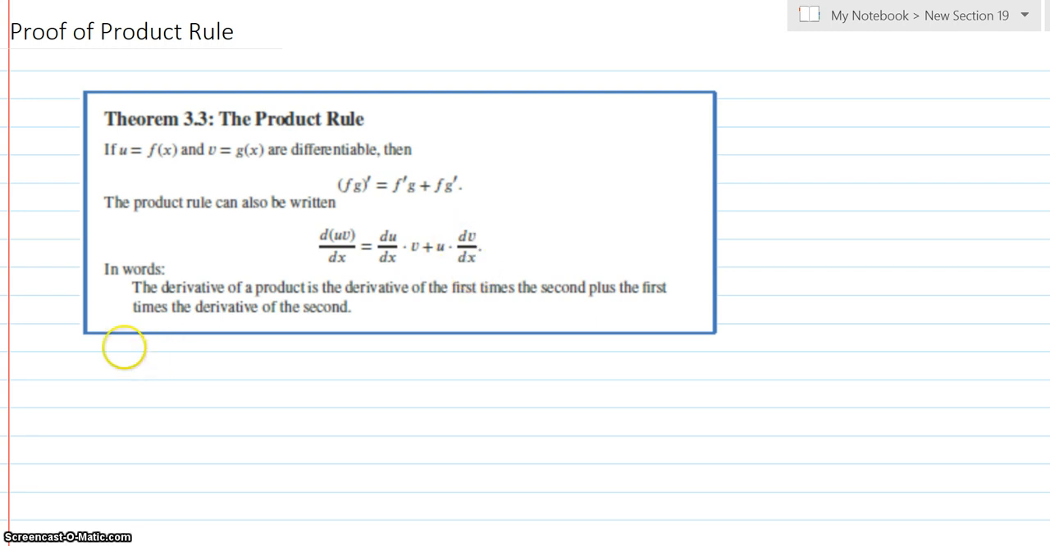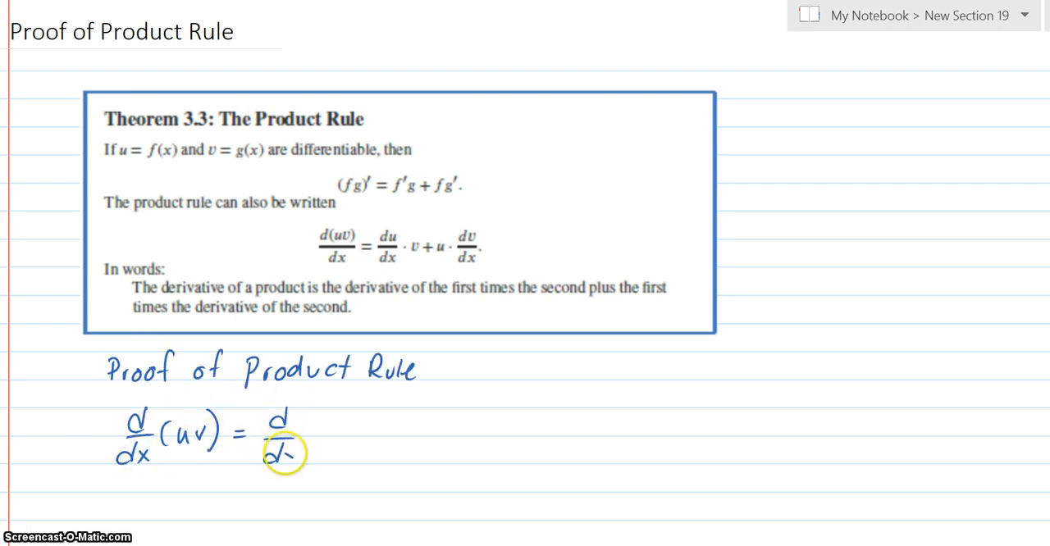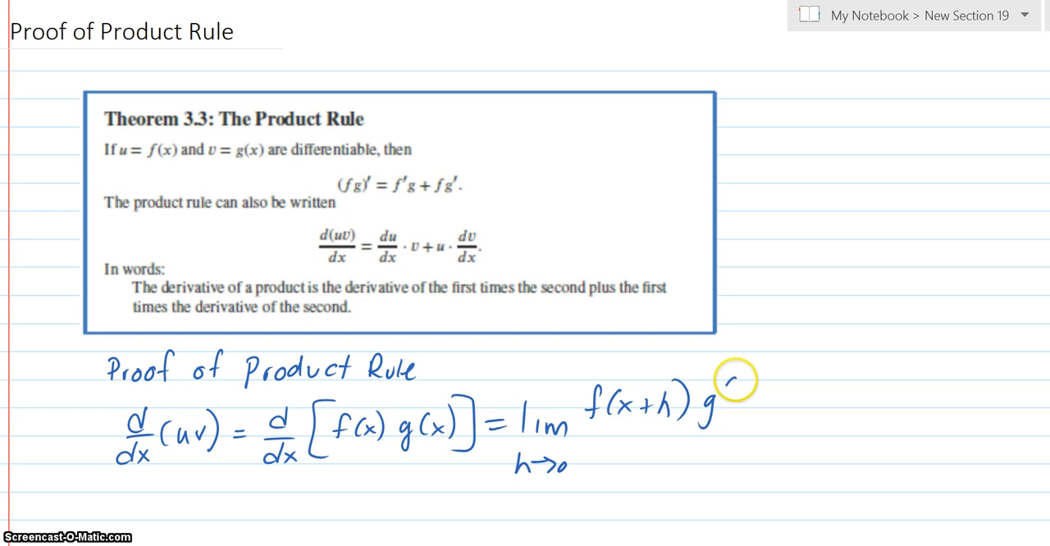So let's go ahead and prove it. So here it is. The derivative of u times v, which I am going to call u equals f of x and v equals g of x. I'm just going to use the limit definition. I'm going to plug in f of x plus h and g of x plus h, because that is my function there, minus the normal function,